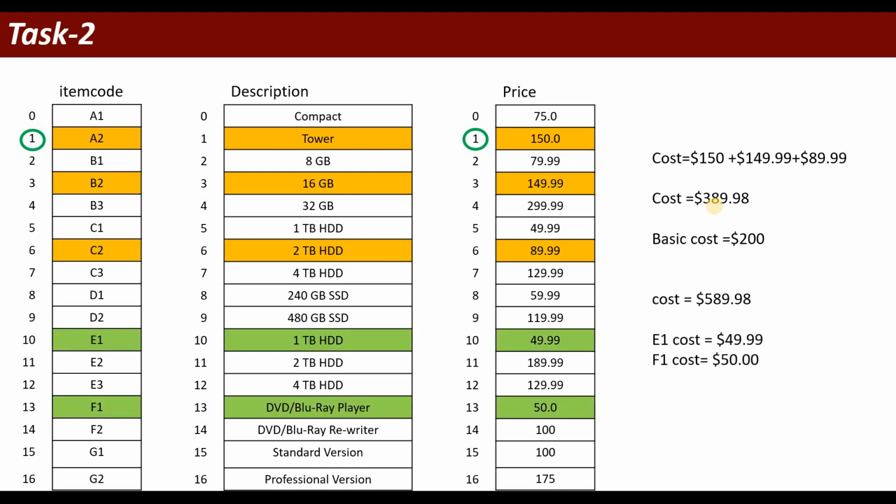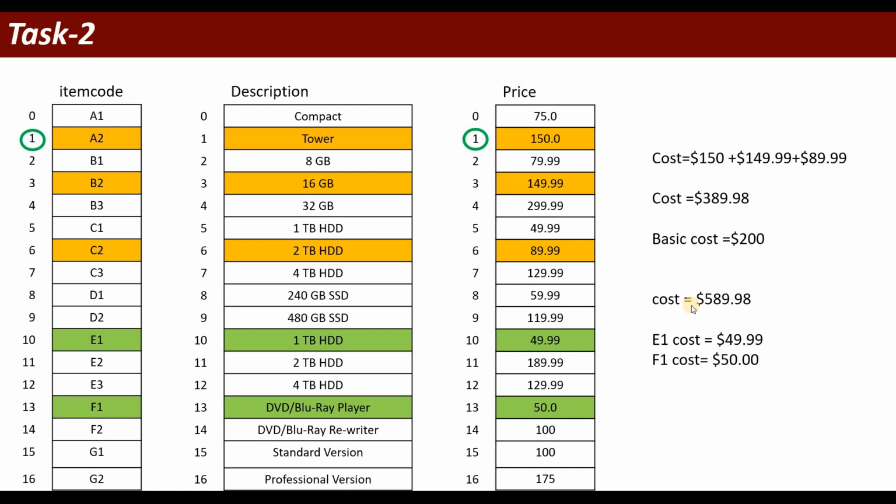In task number 2, you will add some additional components. I have highlighted these components using the green color. Suppose you want to select E1, that is a 1 TB hard drive, and cost is $49.99, and another component is F1, a DVD Blu-ray player, that costs $50.